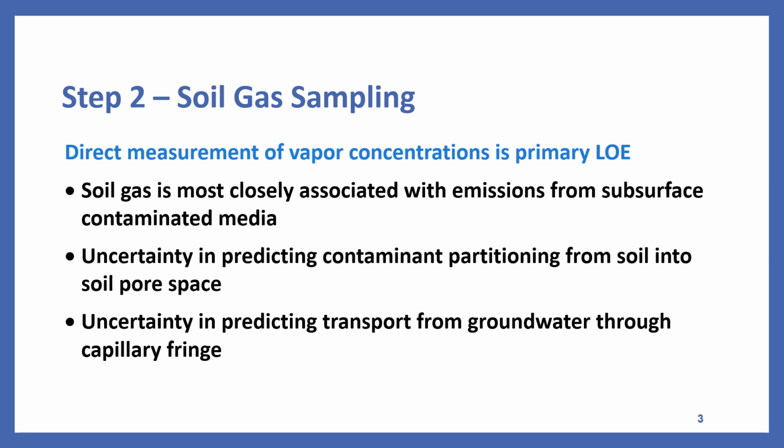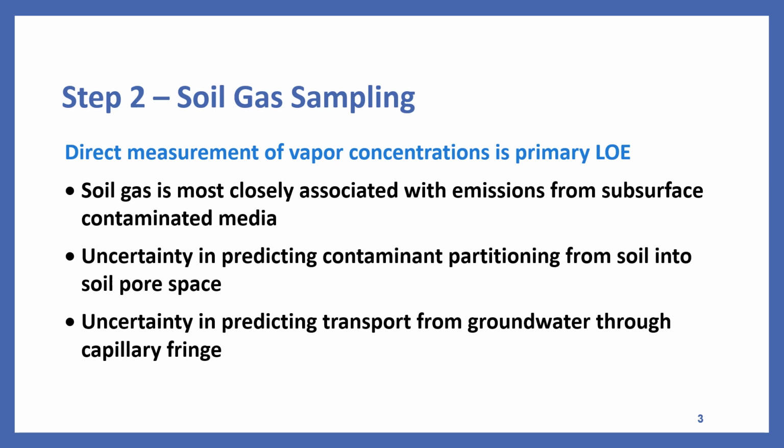Collecting and analyzing soil gas concentration data as a primary line of evidence for vapor intrusion is an appropriate early screening step to evaluate the potential for vapor intrusion. Soil gas concentration data is generally preferred as a line of evidence for assessing vapor intrusion risk over groundwater or soil matrix concentration data for several reasons, including: soil gas is most closely associated with emissions from subsurface contaminated media;